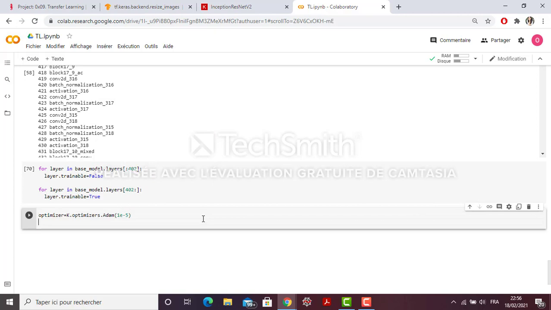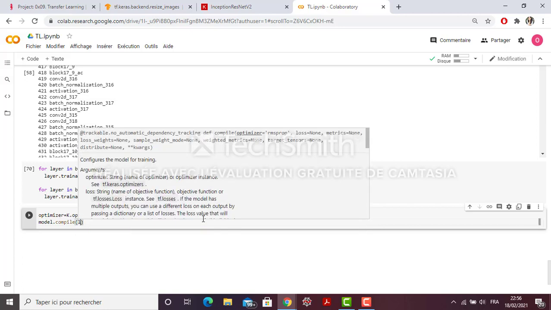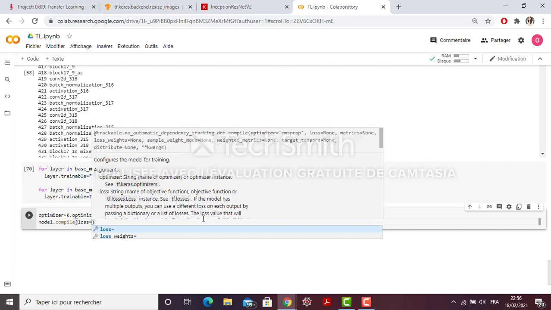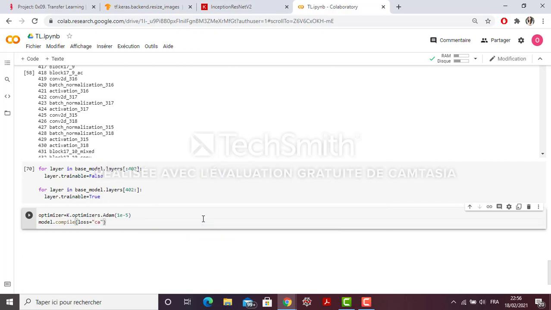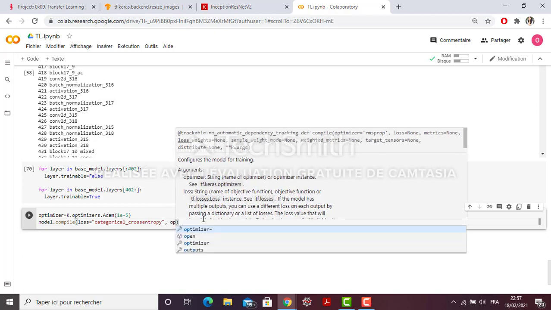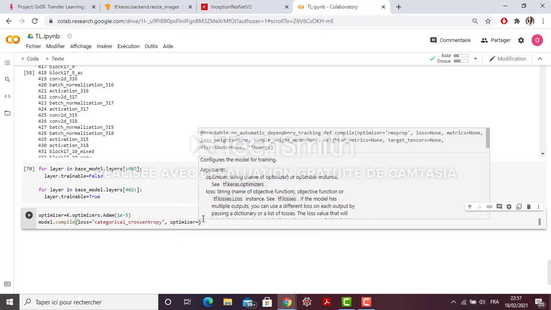Now we are going to compile our model. Okay, so it's very important to compile the model, otherwise the modifications that we did won't be considered. Okay, so I'm going to choose as usual the categorical cross-entropy loss, and then the optimizer will be the optimizer that I already wrote.